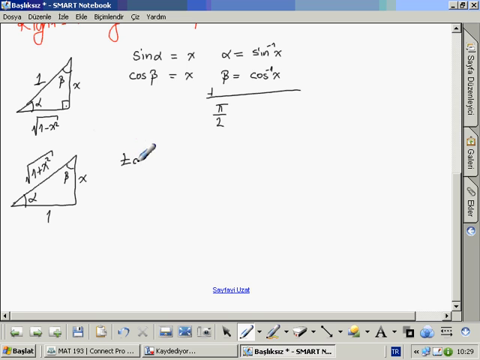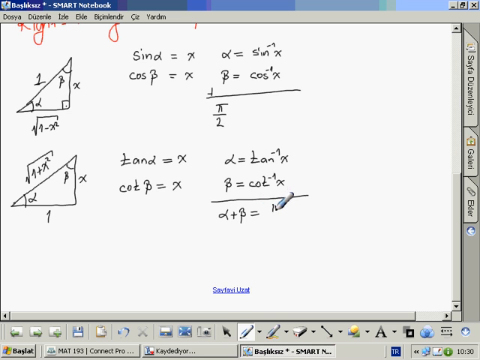And tangent alpha equals x, and cotangent beta equals x, alpha equals inverse tangent x, and beta equals inverse cotangent x, okay, and the addition alpha plus beta equals pi over 2,